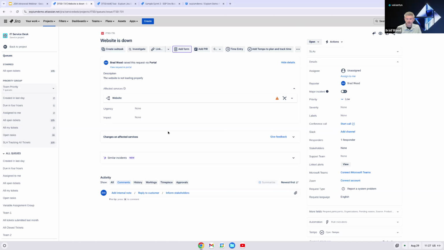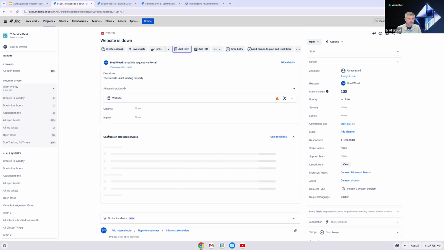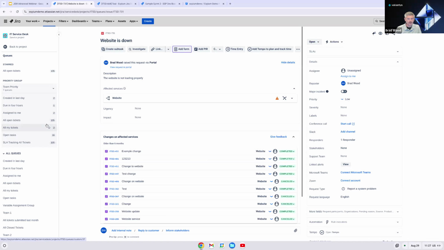We can see another section here, changes on affected services. So this is going to provide us a list of change requests that have been submitted related to this affected service, which again is the website. This is powered by including the affected services asset object field on not just our incidents, but also our change